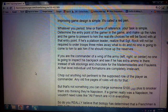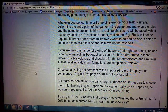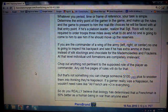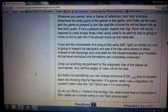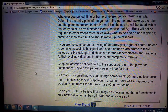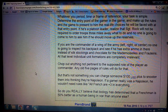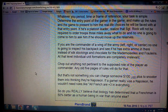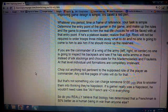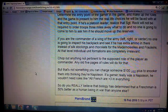At that level, individual unit formations are completely irrelevant. Chop out anything not pertinent to the supposed role of the player as commander. Any old 5 pages of rules would do for that, but that's not something you can charge someone $100 plus to snooker them into thinking they're Napoleon. If a gamer really was a Napoleon, he wouldn't need rules like, quote, all French are +3 and everything. So do you really believe that biology has determined that a Frenchman is 50% better as a human being in war than anyone else? Of course, the poster winds up on an argument that seems to be completely off the track here, but